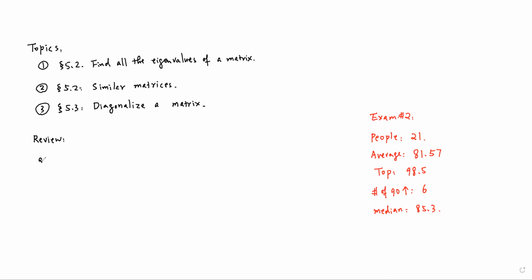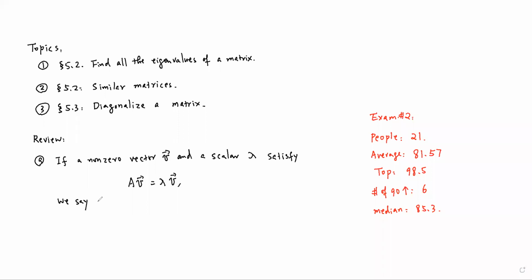Number 8. If a non-zero vector V and a scalar lambda, this scalar can be 0, can be non-zero, satisfy this equation, A times V is equal to lambda times V. Whenever a non-zero vector and a scalar satisfy this equation, we say that V is an eigenvector,